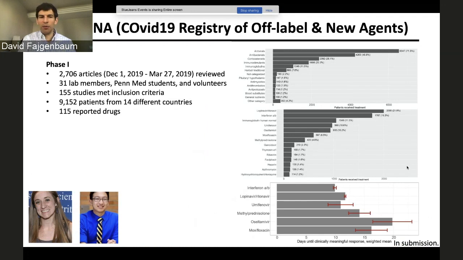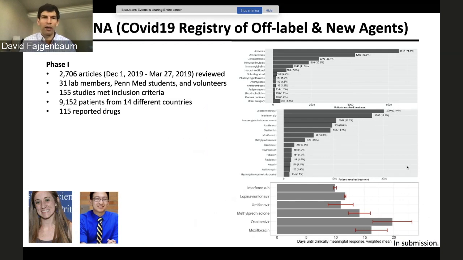I just want to highlight a couple of members of my lab who really were instrumental in this. The first is Sheila Pearson in the bottom left of the screen. Sheila did all of the data wrangling. There was a lot of data that she was able to clean and analyze, and really dedicated weeks of her life towards this project. And also Johnson Core, who served as a project manager for this, helping to make sure and coordinate all of these people from PenMed and my lab and volunteers who were all involved in going through